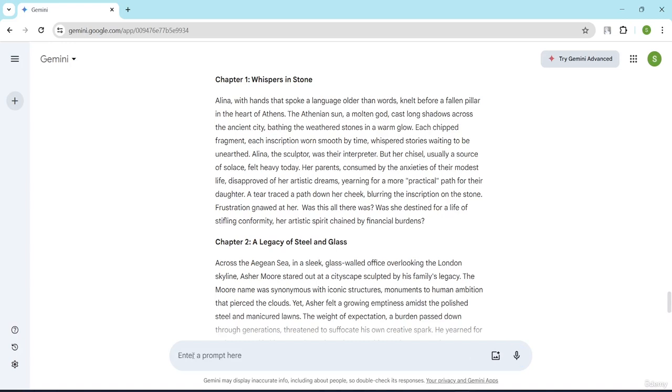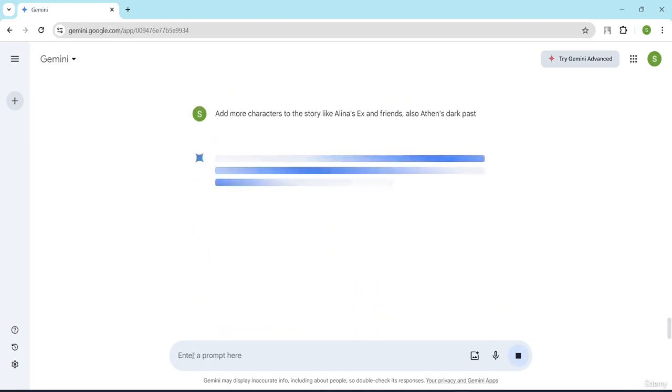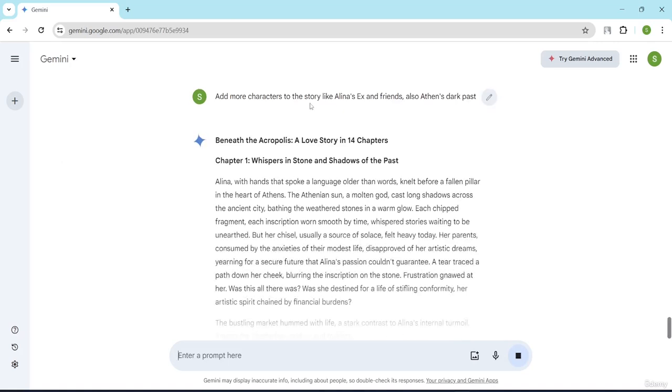Okay, so: add more characters to the story, like Alina's ex and friends, also Ethan's dark past. Okay, so if I just click on enter here,